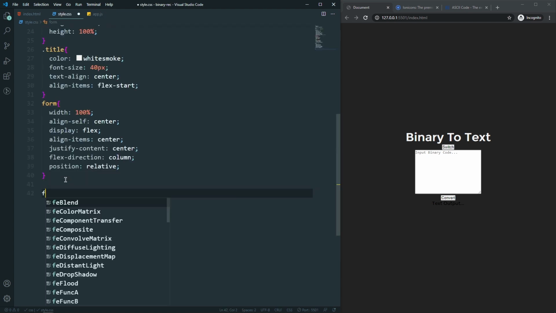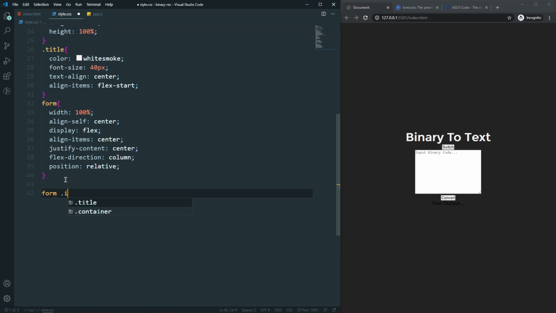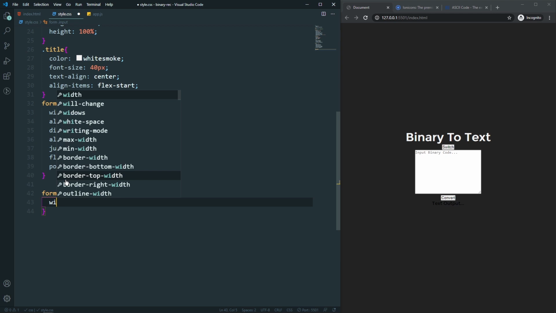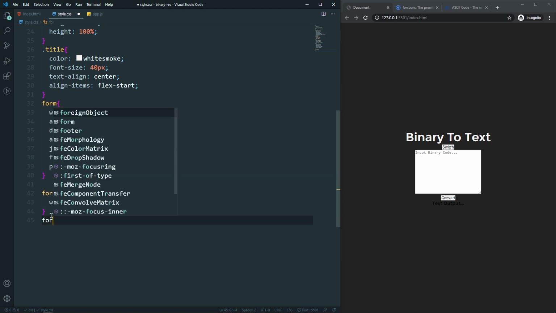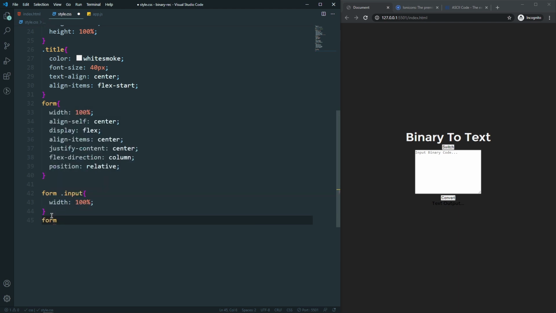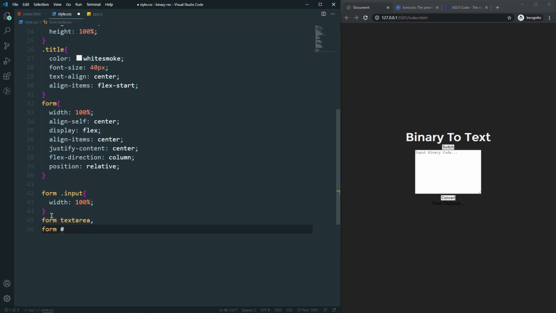So let's come here and say that we just need to make it 100% width. So form class input, and here let's say that the width will be 100%, and that's it. And after that, let's come to our actual text area that we have here. So inside the form I have the text area, and also we need to grab the output. So form, and let's grab the output with the output ID,